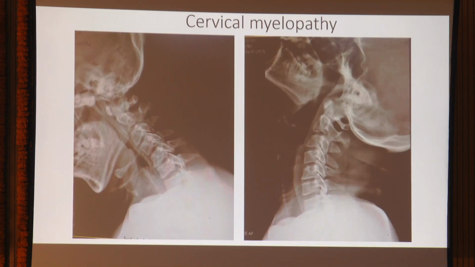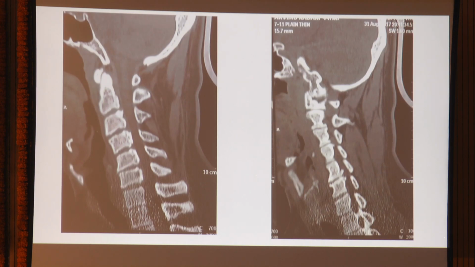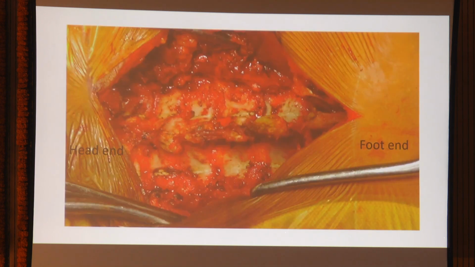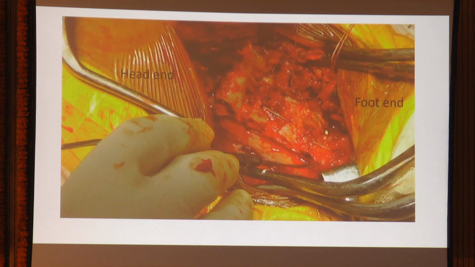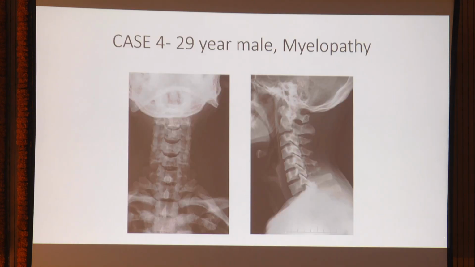This is a case of cervical myelopathy. You can see the long segment compression. There are signal changes also in the cord. And you see the element of OPLL. You can see this is the cross section. Again you are able to see the OPLL. So here both sides we have opened, and on one side you create the hinge and open this whole thing as a single piece. Now you can visualize the spinal cord. The space has been created and you tie this on the opposite side on the lateral mass screw. You can see this. So the space is nicely increased.